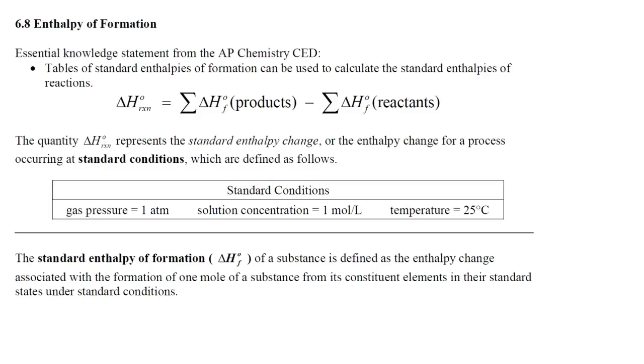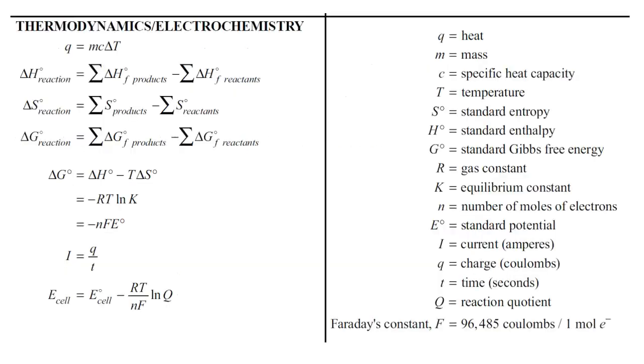Now, if you take a look at the AP Chemistry equations and constants sheet, and this is the section entitled Thermodynamics and Electrochemistry, you will see that the first 2 equations that are listed were actually studied back in Unit 6. Unit 6 is entitled Thermochemistry. So that first equation, q equals mc delta T, you would use that equation involving the change in temperature of a pure substance, where you know the specific heat capacity, or in general, if you're doing any kind of calorimetry calculations. And then the next equation involving products minus reactants, you would use that equation if you were given a